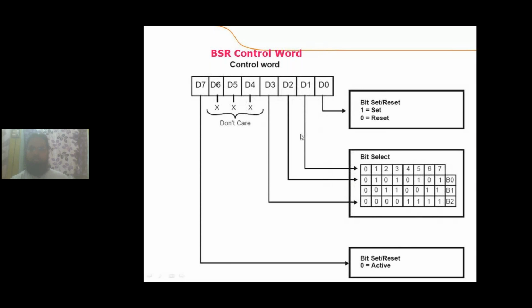These are the three bits using which one of the port C lines will be selected. And what we need to do with that selected port C line, whether to set or reset, is decided by the D0 bit. If suppose D3, D2 and D1 is 1, 0, 1, meaning 5, that is the PC5 line. If this bit is 0, the PC5 line is cleared, it is set to 0. If this bit is 1, the PC5 line is set to 1.